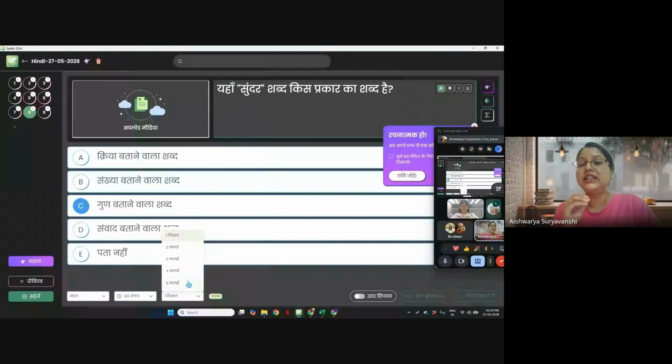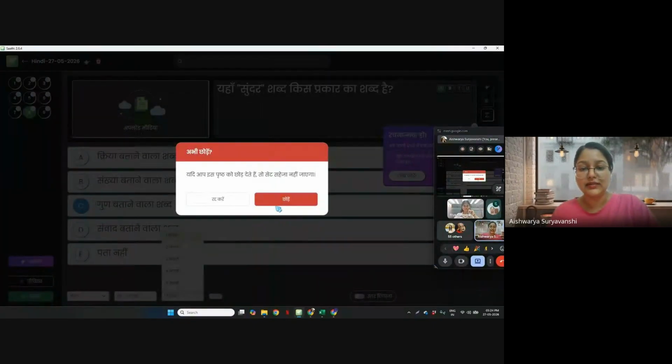This would be the easiest way for you to identify where the student needs more support, where the students are scoring high, which topic has more value, which topic has less value, which topic needs to be addressed, or whether a remedial session needs to be done. So this marking system is going to support you in identifying all of those parts. Okay, so that was for the Hindi subject.